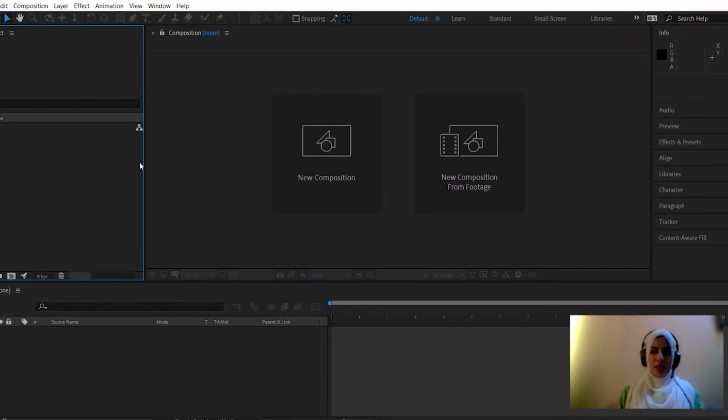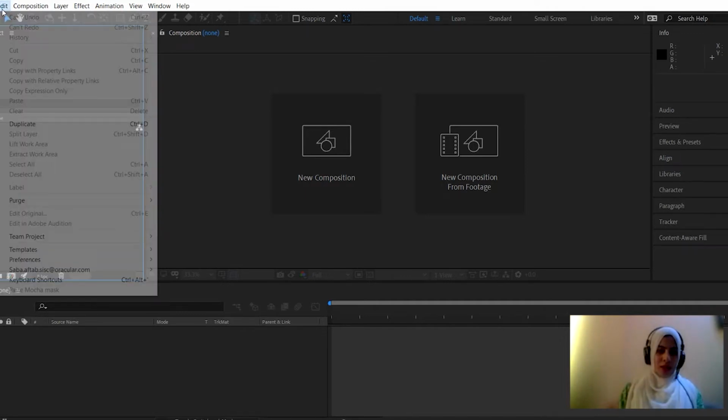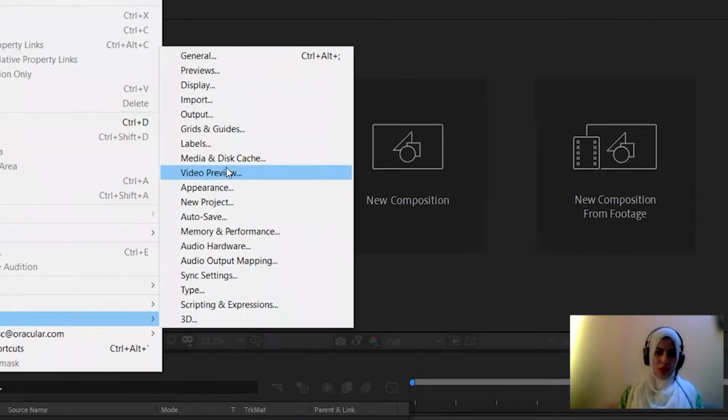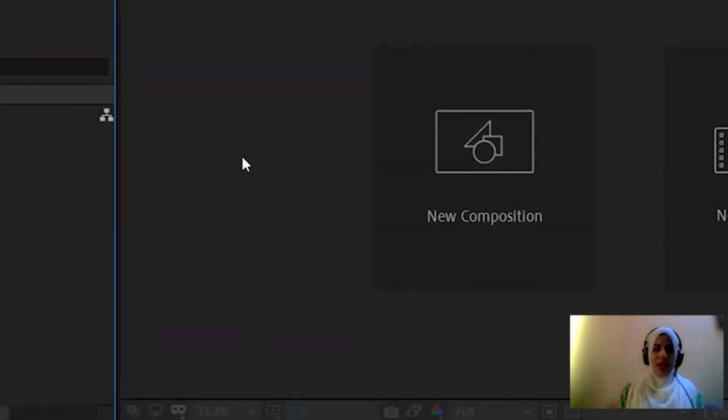We need to make certain initial arrangements or adjustments to After Effects before we start working on the projects. As we all know, the Adobe tools usually occupy a lot of RAM. After Effects usually consumes a lot of your RAM. So if you have your After Effects in the same drive where you installed your Windows, usually the chances are that your system will get pretty slow. So one thing that you can do to make your life easy is you can simply go to the preferences, and there you'll go to media and disk cache, and